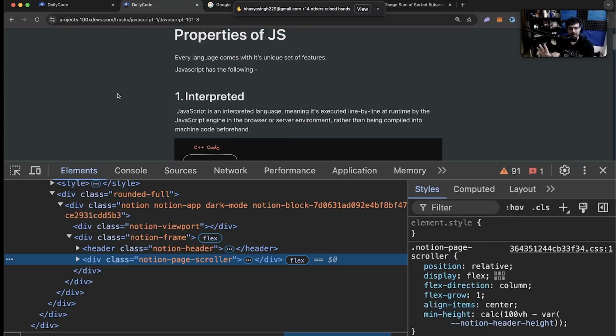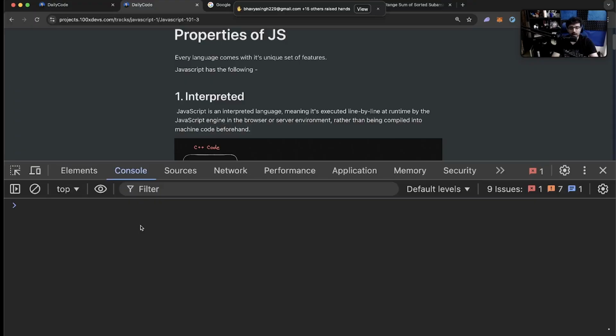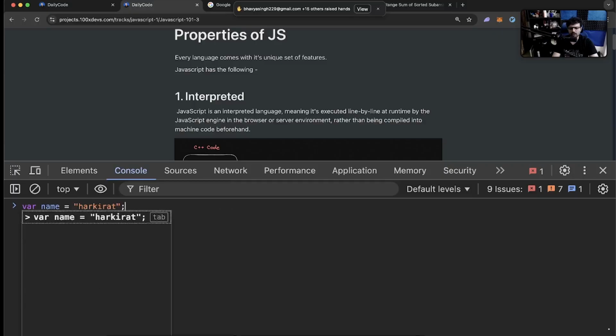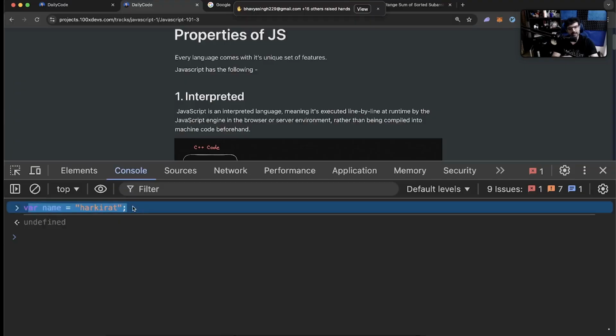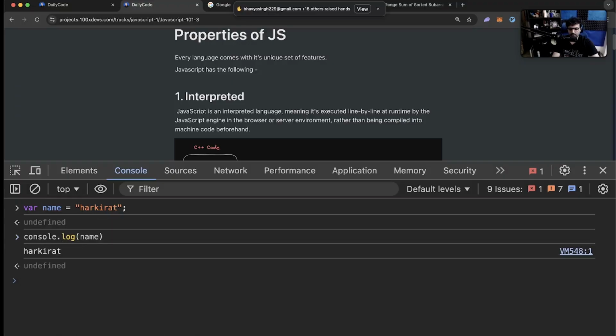Don't worry about this experiment, but I'm going to do a quick experiment. I right clicked, I clicked on inspect, I opened console, I cleared the whole thing. And now I can write code line by line. I can write let name equal to Harkirat. Now don't worry about what let is, we'll come to it. And this line of code ran independently. One line ran. One line was interpreted. Then I can write another line of code. Then this line of code ran. As you can see, it printed Harkirat on the screen. When you call console.log with a variable, it prints it on the screen. If you don't know what a variable is, that is fine. We're coming to it very soon.